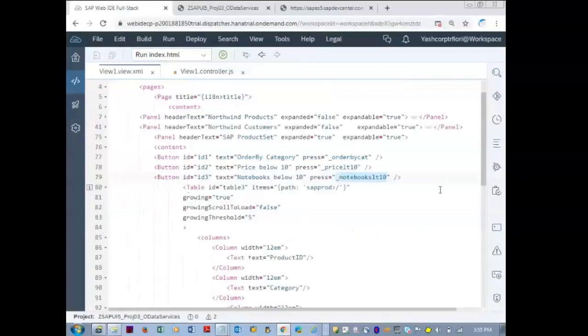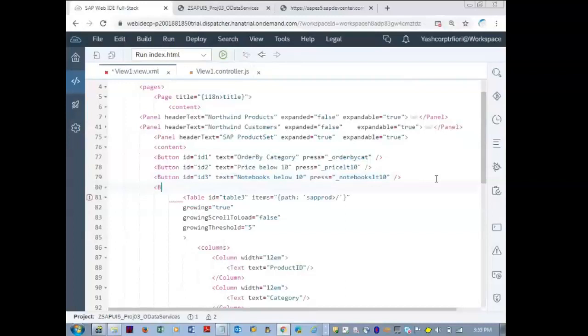Go to the view. Button ID is equal to ID4. Text is equal to notebooks. I want to write this "or" here so that you can identify it when you're practicing. Or price less than 10.